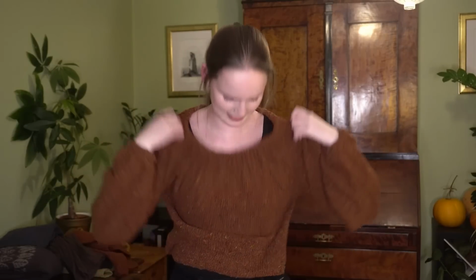Okay, let's see. So, I mean, you've already seen this design, but I like this even better than the first one, because the color is more me. Like the other one, this one is knit in Pickles Merino Tweed, and the yarn is